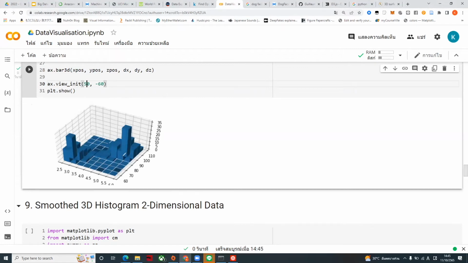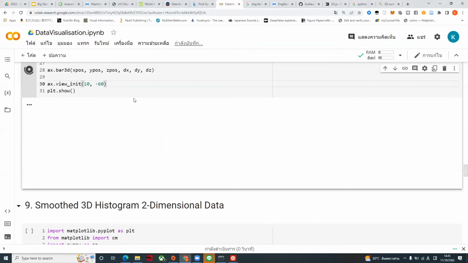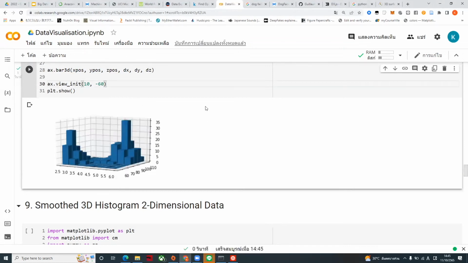See? I don't know what happened to this one. This bar looks like it's floating from the ground. I don't know what happened, but this is about the shader. But anyway, you can do that in Python as well